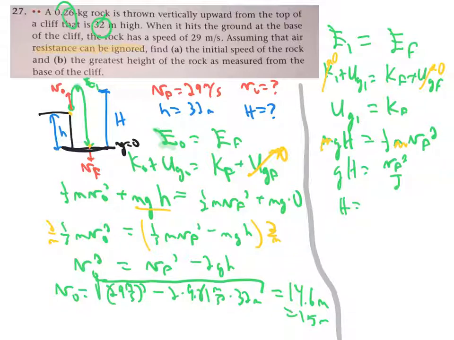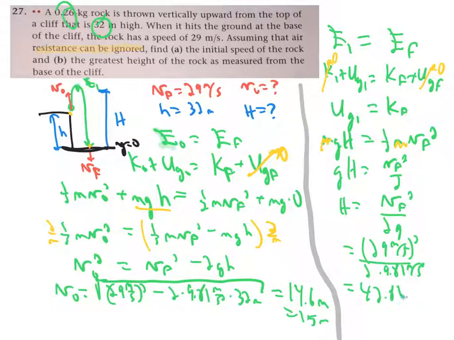So big H is vf squared over 2g. So it's 29 meters per second quantity squared over 2 times 9.81 meters per second squared, or 42.86 meters, which is really